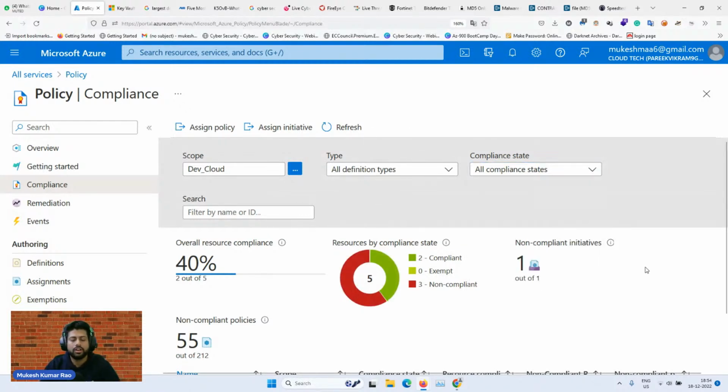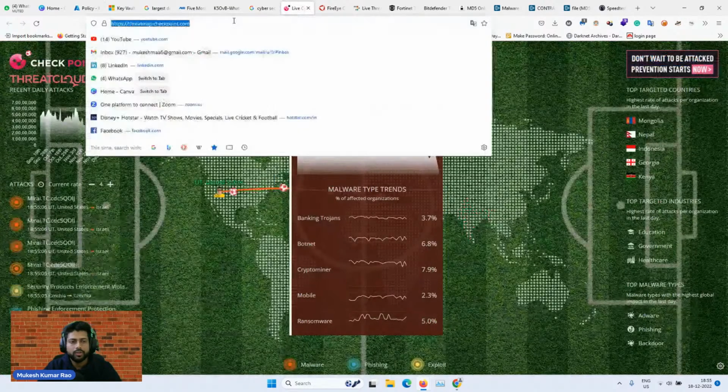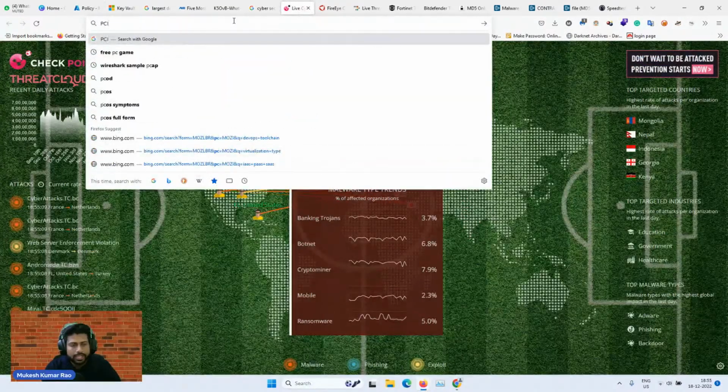Just like if you have heard about ISO 27000 or ISO 9001, or FSSAI that we use to check the standard of food quality, the same thing exists for security services and cloud services. We have some standard compliances available: if you want to run these things, you have to comply with this particular global standardization. If you are using any payment gateway, we follow the PCI DSS compliance. If you want to run your own payment gateway or banking payment gateway access, you have to follow all the standards of